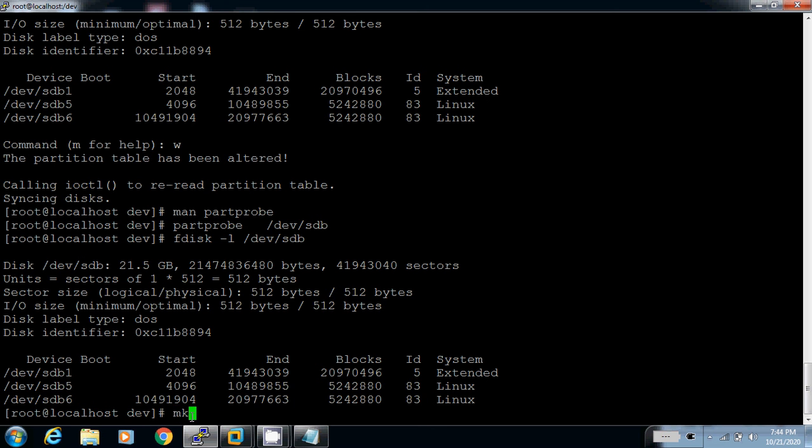Now I make the file system with mkfs.xfs /dev/sdb5.